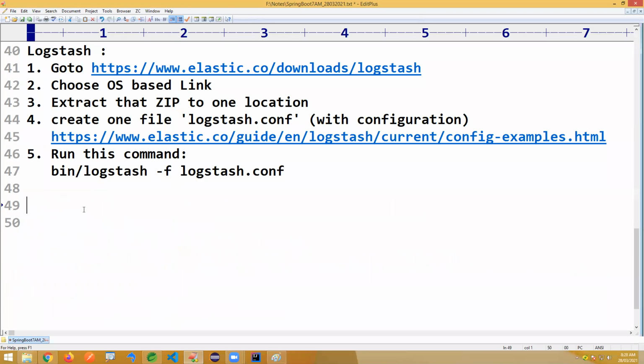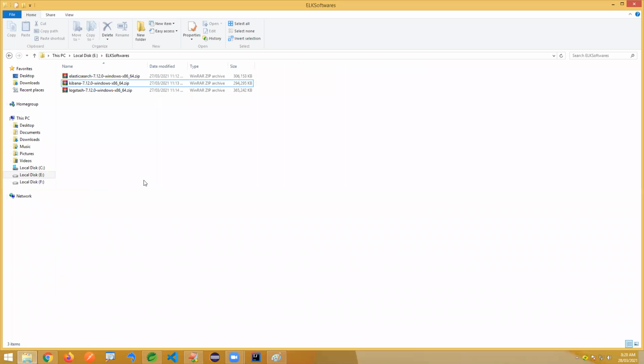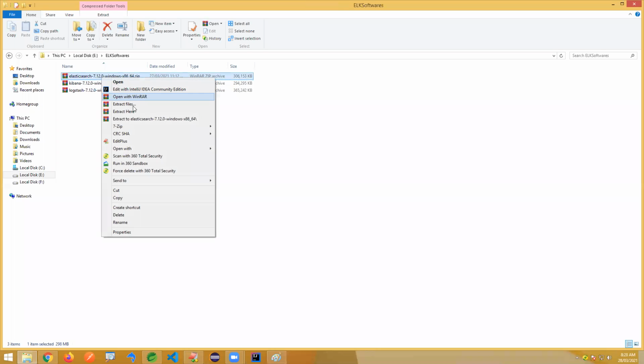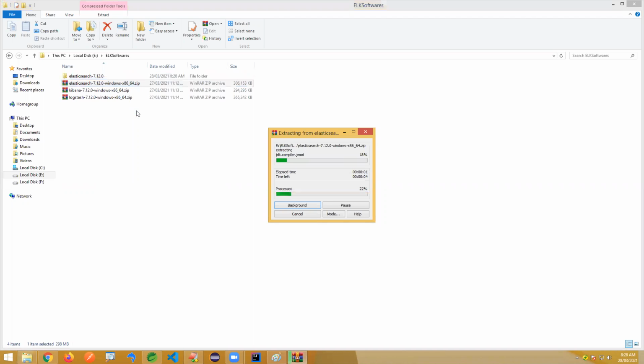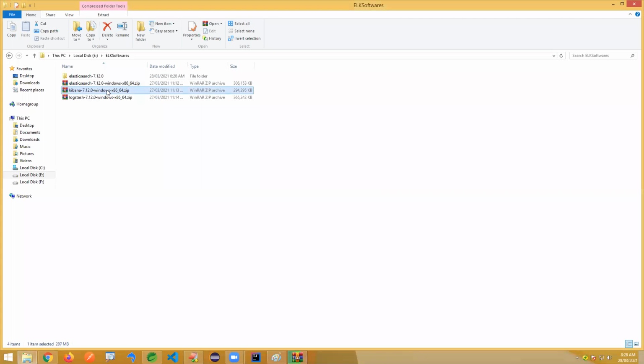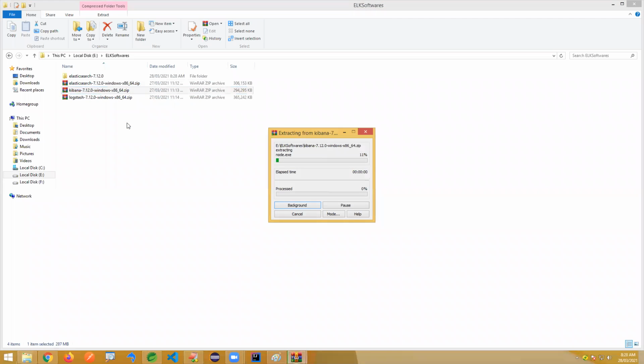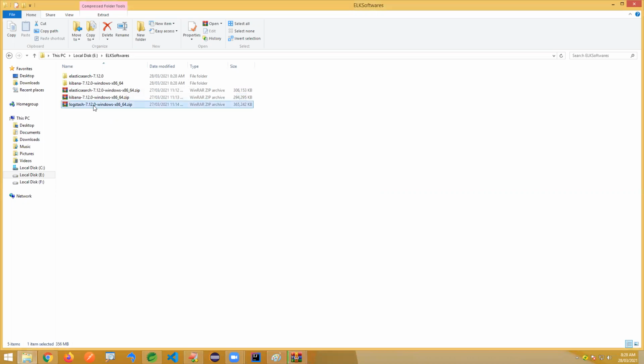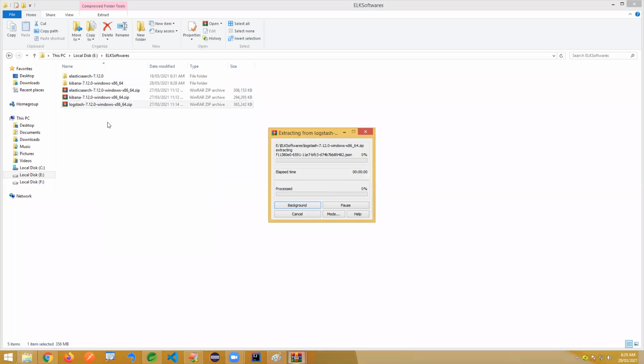Now look, first of all we have three software. Extract Elasticsearch here, extract Kibana software, and extract Logstash software. Already I have downloaded them.